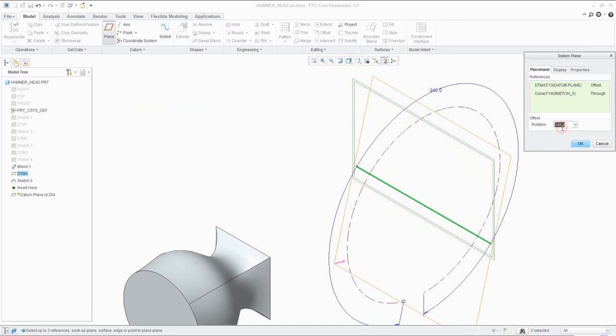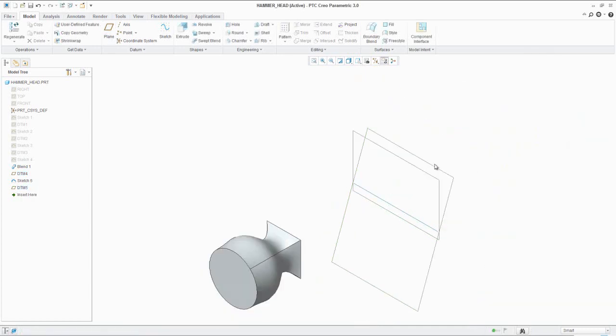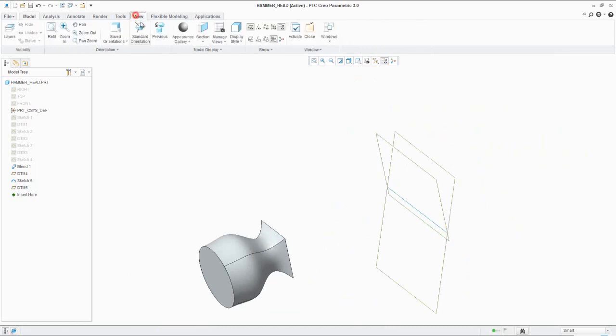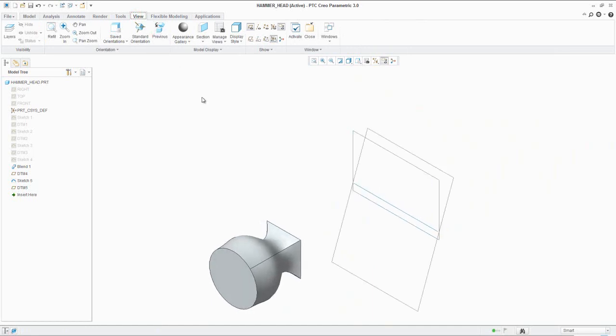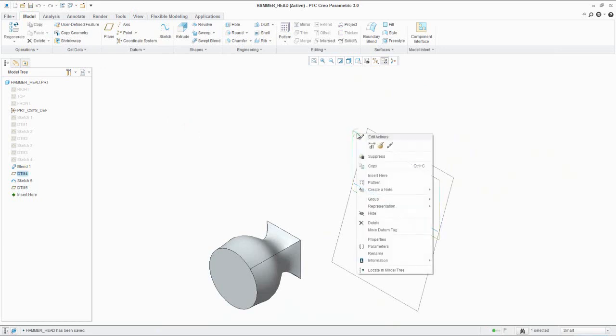Fill 340° in rotation and execute the command. Hide the visibility of this datum plane.